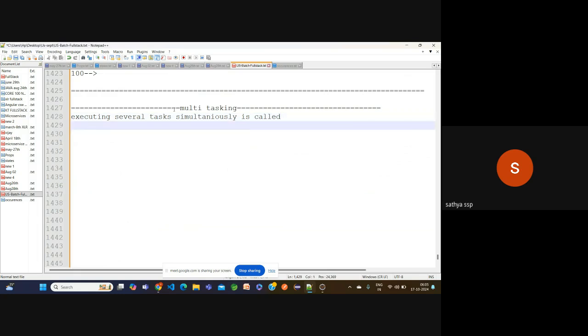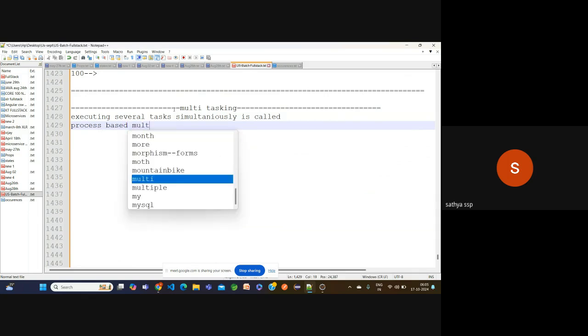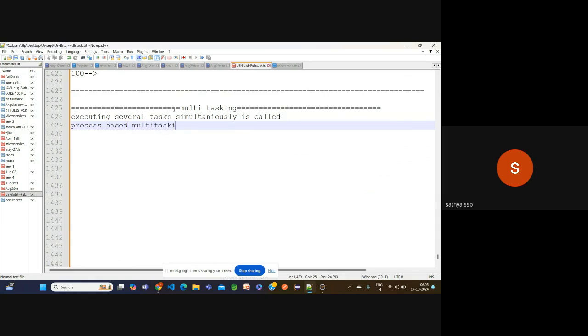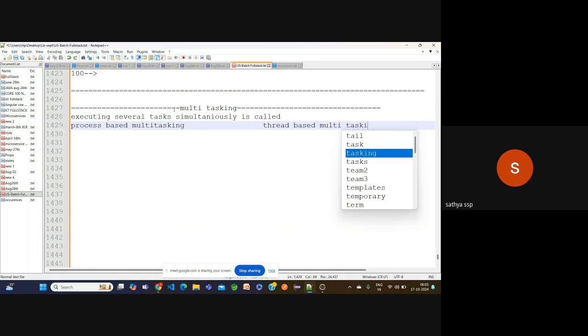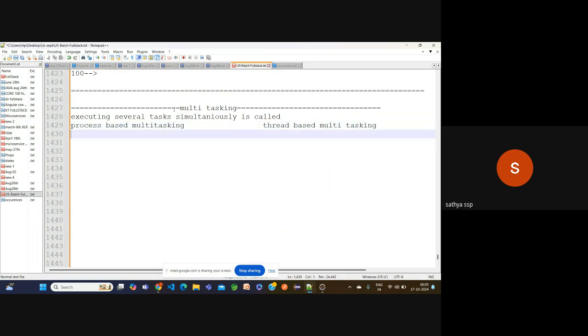Now, multitasking is divided into two types. The first one is process based multitasking, and the second is thread based multitasking. What does it mean by process based and what does it mean by thread based?